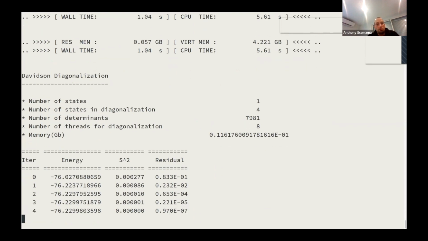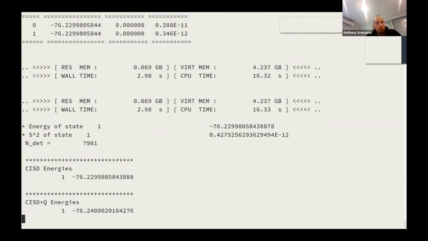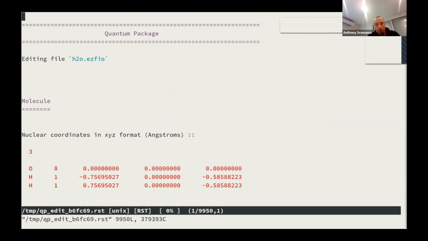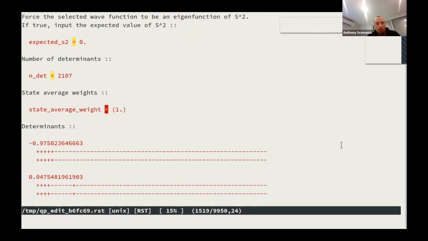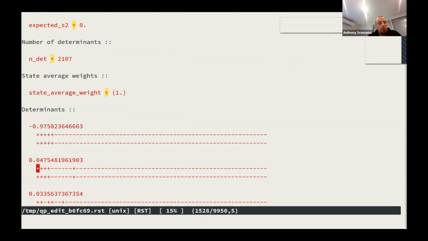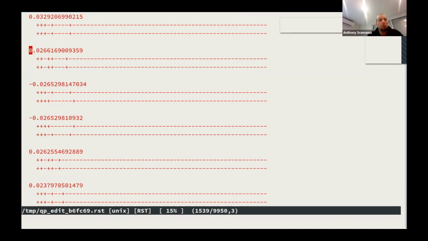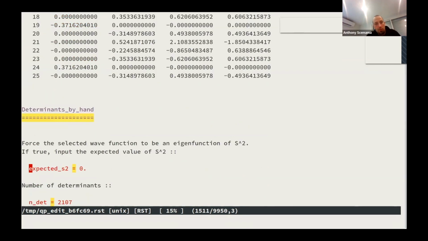Here you see that it runs the CI calculation, and the wave function is stored inside the database. So now if I do qp edit again and go to the bottom of the file, I see determinants with CI coefficients, and the representation of the determinants with the alpha spin and beta spin with the occupations from left to right. So this is the Hartree-Fock determinant. Here is a double excitation where we have excited these two electrons into this orbital, and you have the coefficient here, etc. So you can have a look at your wave function just to see what you have inside.